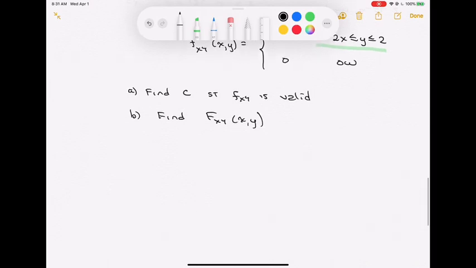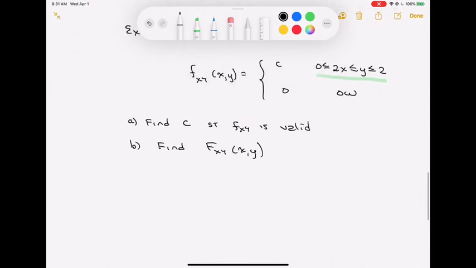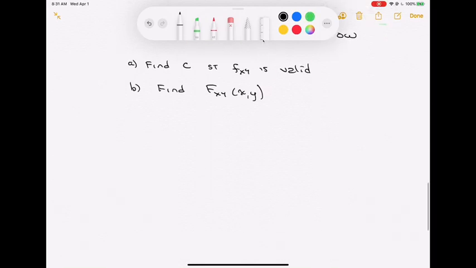Okay, well, for us to answer the first part, I do think that we need to get some sort of visual, some sort of picture going along for this joint probability density function. So let me go ahead and draw a little bit in the xy plane here. I'm going to let x be on the horizontal axis and y be on the vertical axis. And I just want to get an understanding of the range space, right, where this probability density